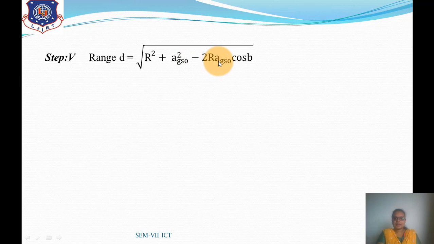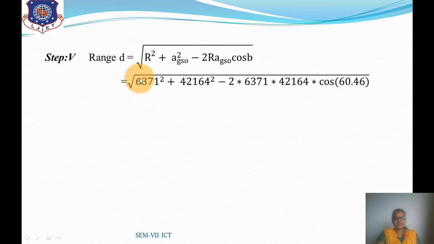So, substituting the values, r having radius of earth, that is 6371 square, plus distance from the earth, that is 42164 square, minus 2 into 6371 into 42164 into cos, and B is 60.46. So, solving this, you will get D is equal to